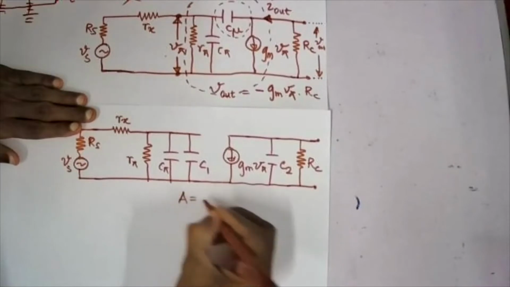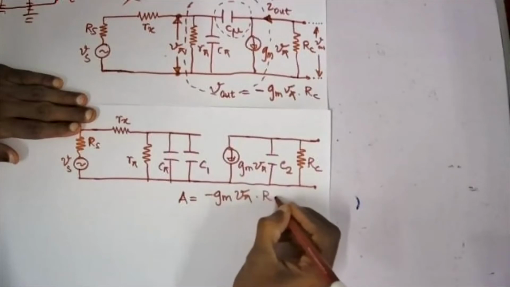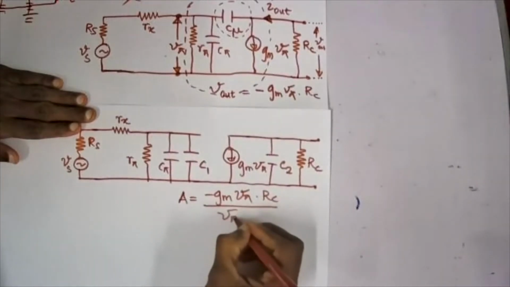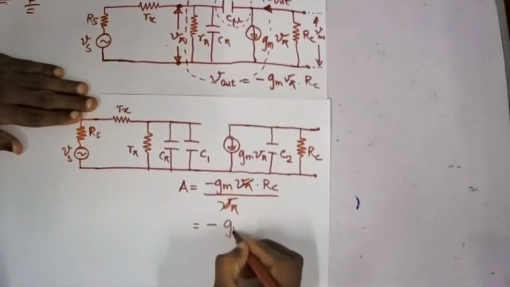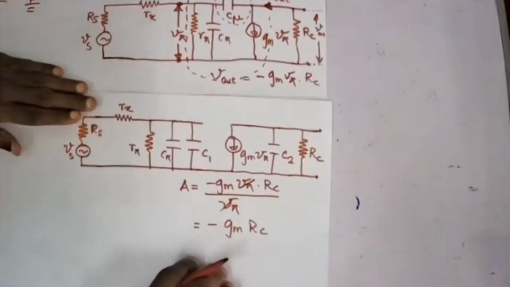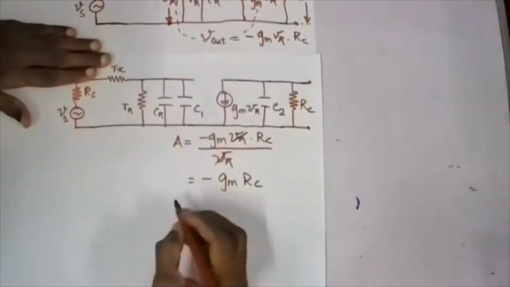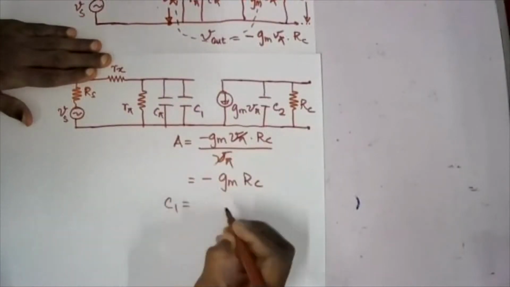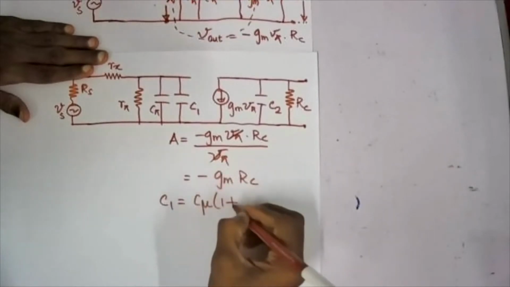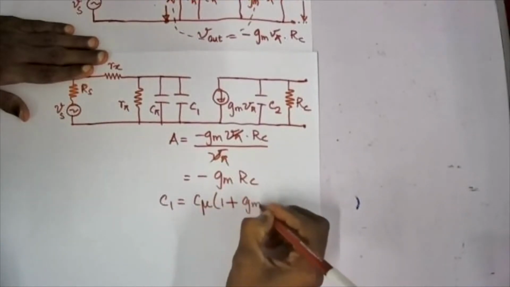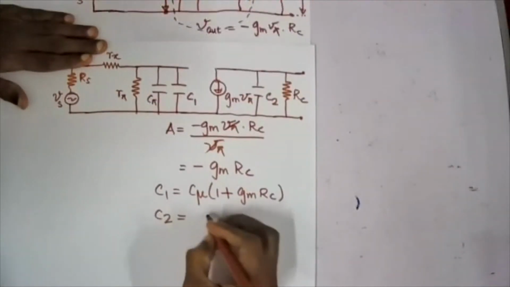I would say my A equals minus Gm into V pi into Rc divided by V pi. So V pi will get cancelled. Then A will be minus Gm into Rc. Right now, using Miller's theorem, C1 can be written as C mu into 1 minus gain, so minus into minus becomes plus, Gm into Rc, and C2 can be written as